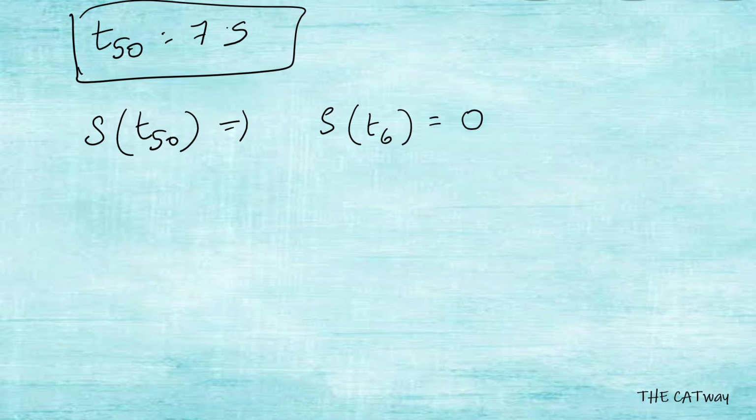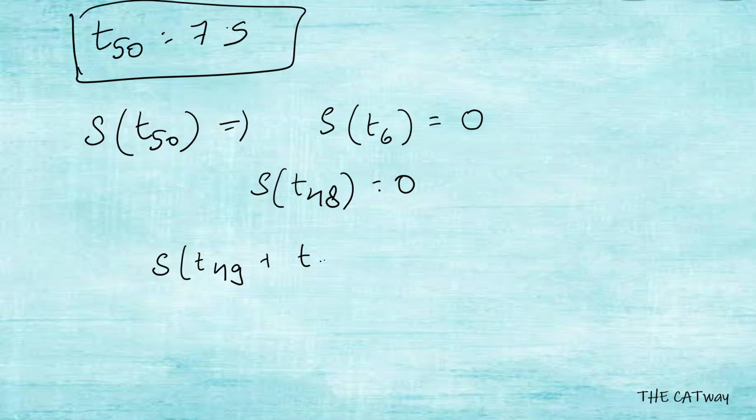Now we know that the next 6 terms would also sum to 0, and the next 6 terms would also be 0. So we can say that the sum up till term 48 will always be 0, because 6 terms each all have value 0. So 0 plus 0, 8 times, will be 0 only. So we only have to find the sum of term 49 and term 50.